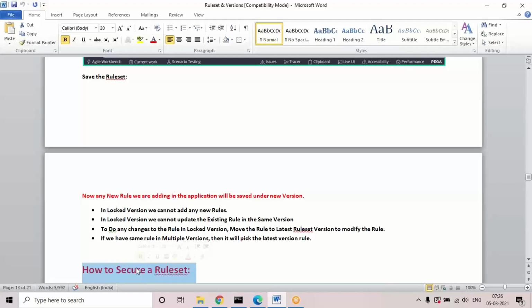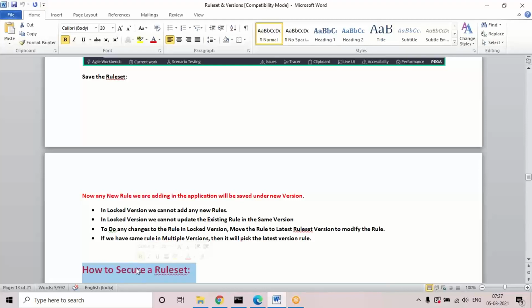If one person is working on a particular rule, the other person will get an option like private edit, and additionally you will get buttons called check in and check out. Previously we don't get any buttons like private edit or check in and check out. So what is the importance of those three buttons and how to use them in real time? I'll do one example, because when you work regularly, whenever you open any rule form you will see private edit, check in or check out. I'm going to discuss the purpose of those buttons now.